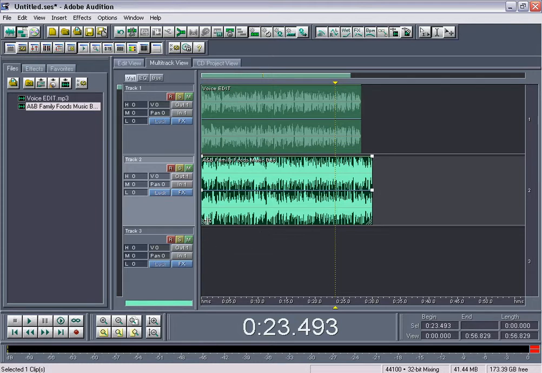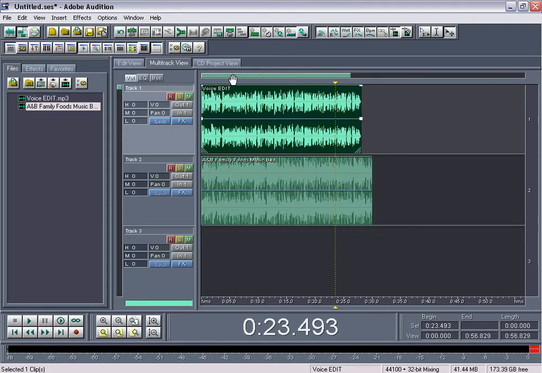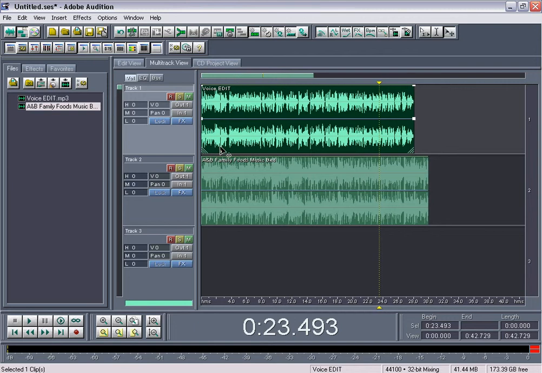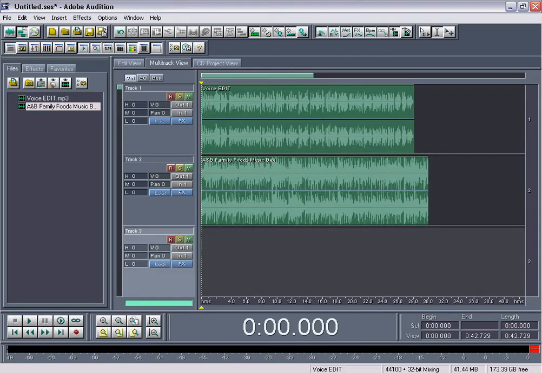So now we have the music, and we have our voice up top. I'm going to scroll in a little bit, move over. So we have these 2 elements, all the elements we need here. And if I play it,